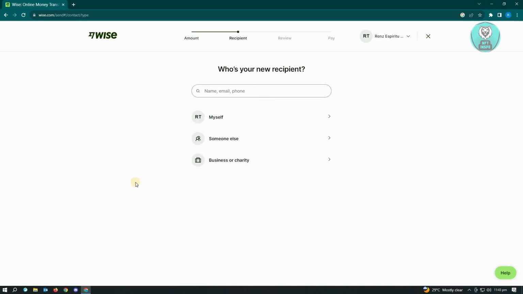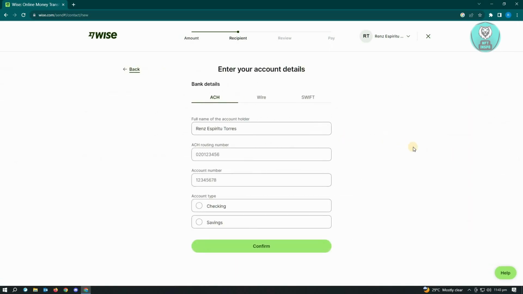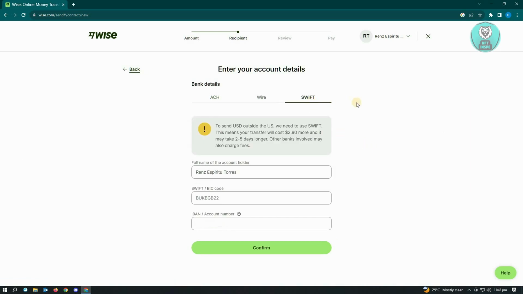Now in here, you need to enter your recipient details. So if you want to send this to someone else, choose someone else, but if this is your bank account, just choose myself. Now in here, what you need to do next is you want to enter your banking details. So let's go to Swift here. In here, you just need to enter your banking details for Revolut. So here, just enter your Swift code or BIC code, and here also the IBAN or account number, and just